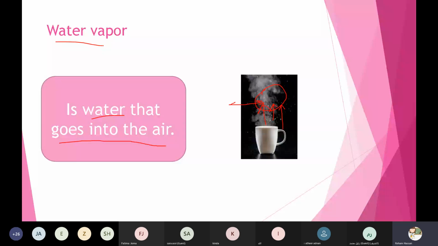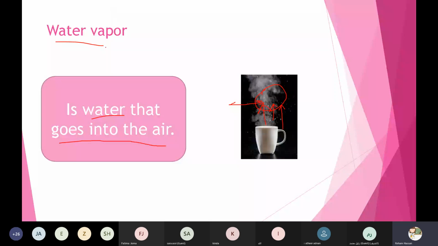It is the water that goes into the air. One more time. It is the water that goes into the air, and it's too small to see. Thanks a lot, Rafa.